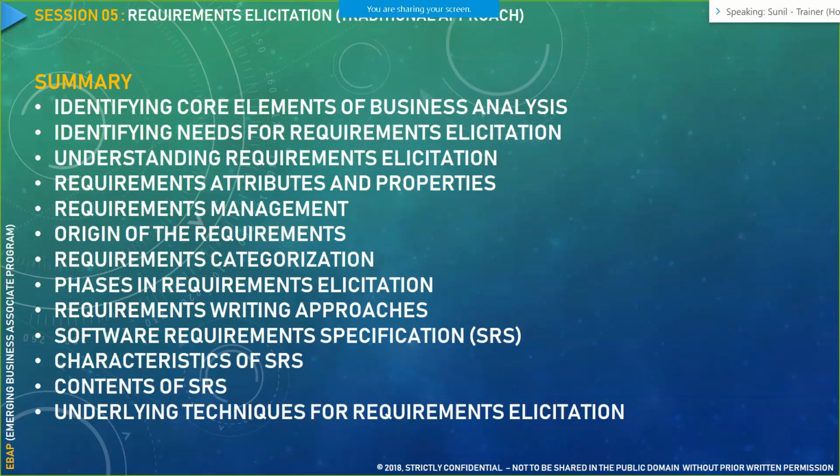wherein I would explain what features and epics are, how to write user stories, what acceptance criteria are, and how to write a definition of done. In user stories, what are the 10 different categories in which you could write the requirement? Like we saw 10 different categories of requirement, there are 10 different ways you could write a particular user story. So we would learn about those categorizations.